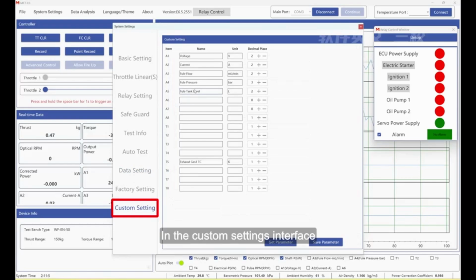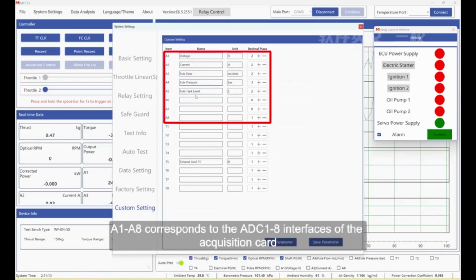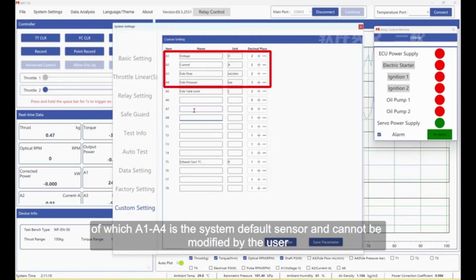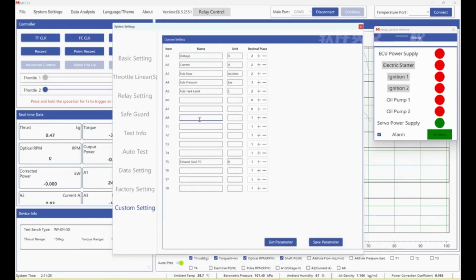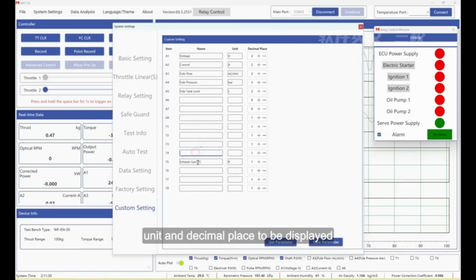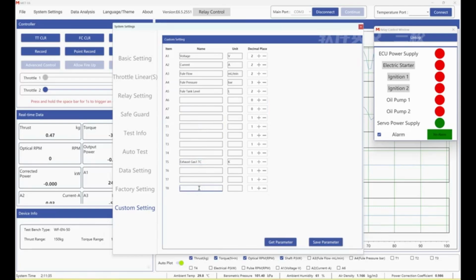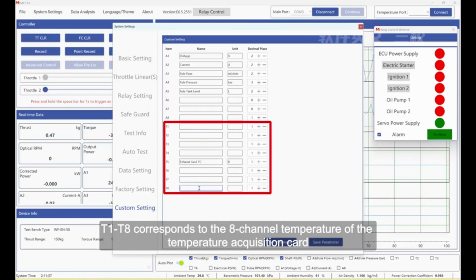Custom setting. In the custom settings interface, A1 to A8 correspond to the ADC 1 to 8 interfaces of the acquisition card, of which A1 to A4 are the system default sensors and cannot be modified by the user. For A5 to A8, customers can connect different analog sensors, 0 to 20 mA, plus or minus 5V, and enter the corresponding name, unit, and decimal place to be displayed, and the data can be displayed in the software interface. Similarly, T1 to T8 corresponds to the 8-channel temperature of the temperature acquisition card, and users